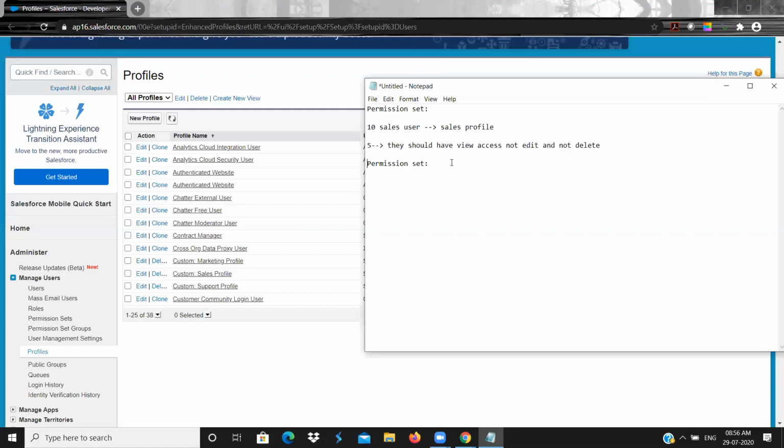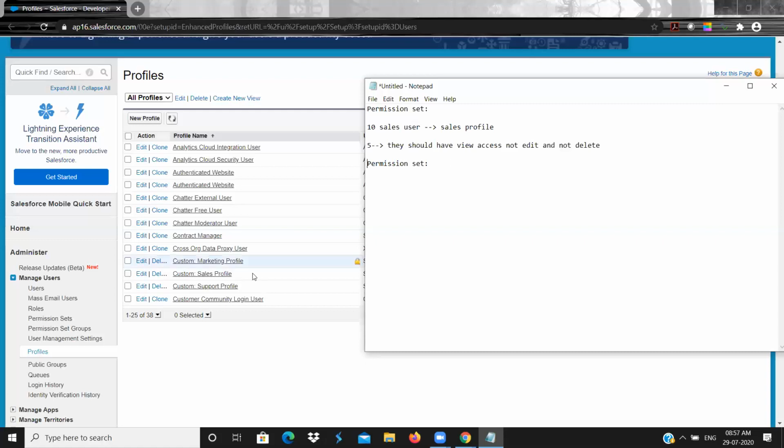In interviews, they may say that 10 people are using the same profile, but only for a few people you want to restrict access, and only for a few people you want to provide access. If they say that, then we will go with the permission set.